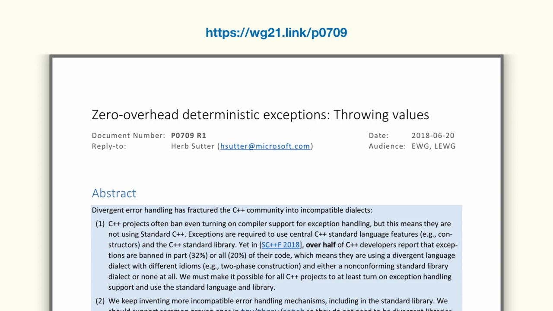If you haven't looked into this yet, I encourage you to do so, because I think it's going to change the whole world of C++, particularly areas like audio that are so low latency oriented. It's designed for this sort of community. So we really need your feedback on this to see whether it's going to bring more people into the fold of using a primary C++ blessed error handling strategy.